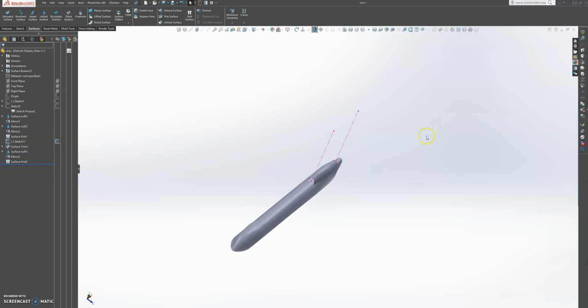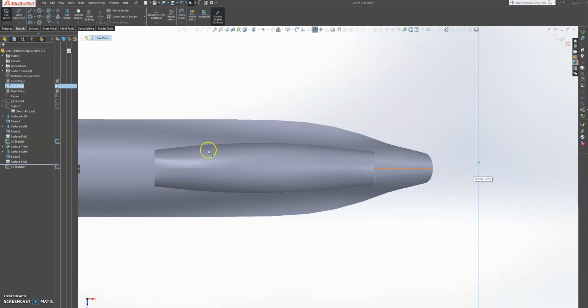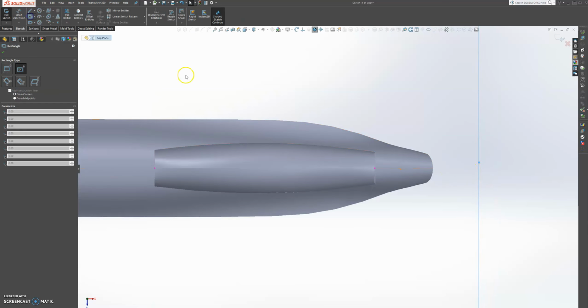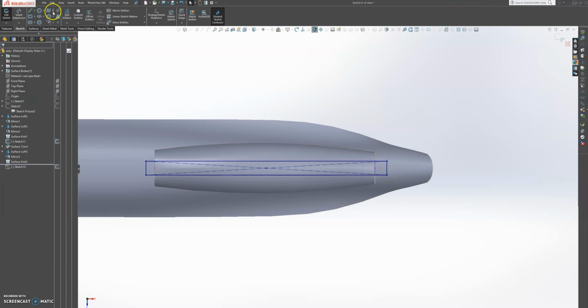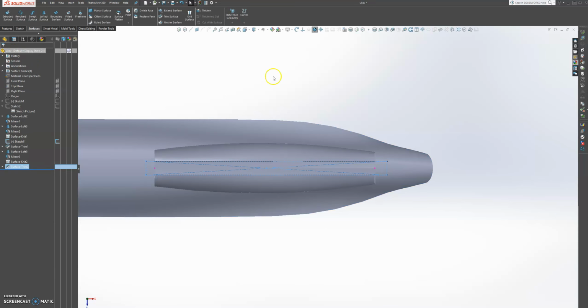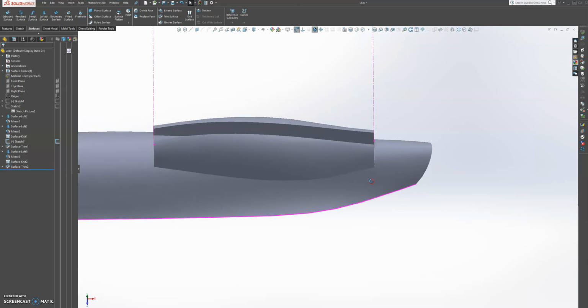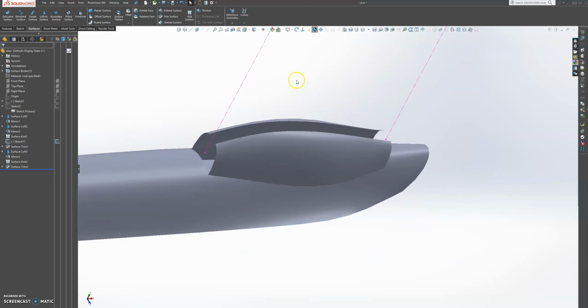We're going to go to top plane, and we're going to sketch on top plane, and then we're going to go to center rectangle, snap somewhere in the middle, and we're going to cut out about that much. We're going to go to surface, trim surface, trim this out. So in SolidWorks there's other methods that you can get the same result done, so it's always good to know